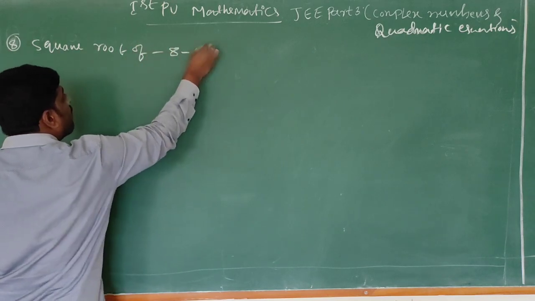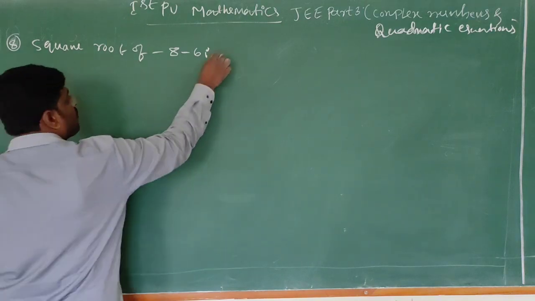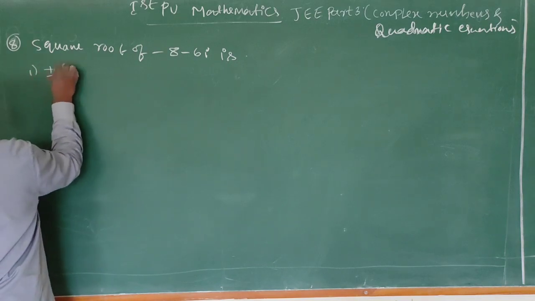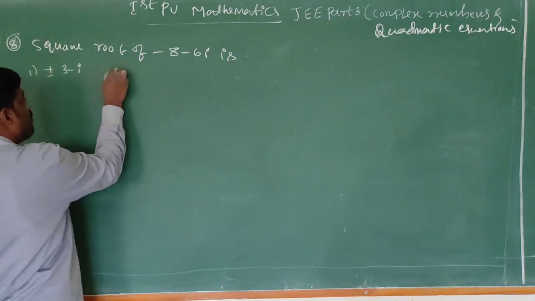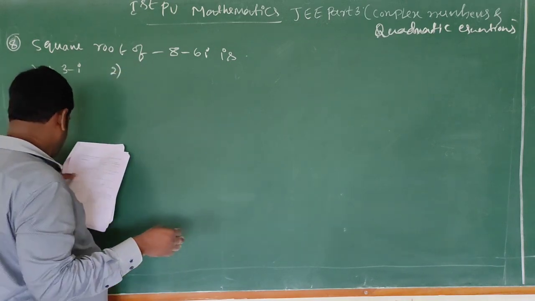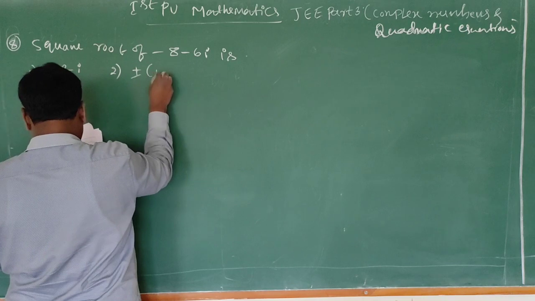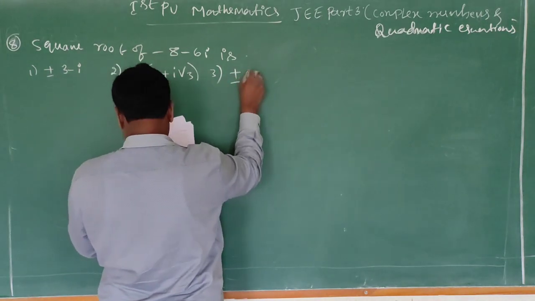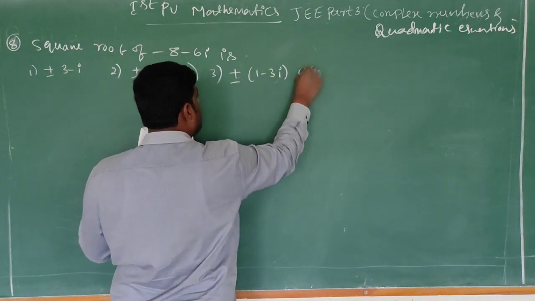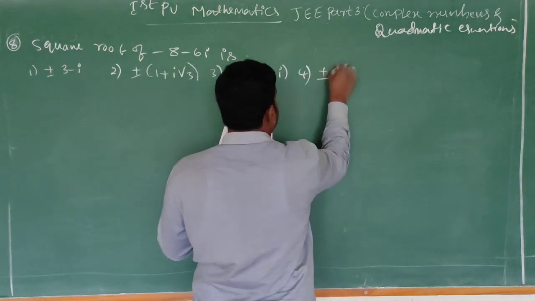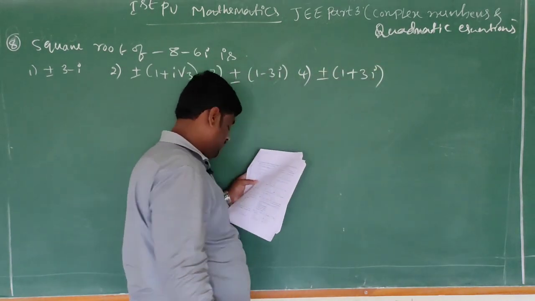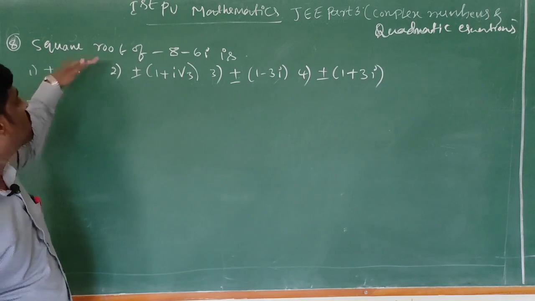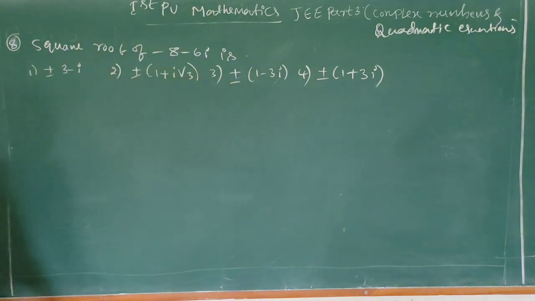Square root of minus 8 minus 6i is: first option, plus or minus 3 minus i; second option, plus or minus 1 plus i root 3; third option, plus or minus 1 minus 3i; fourth option, plus or minus 1 plus 3i. So this type of questions are very important. Square root of minus 8 minus 6i is